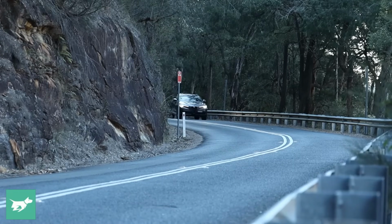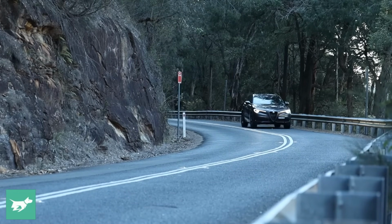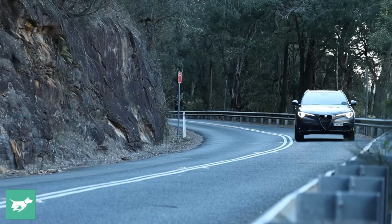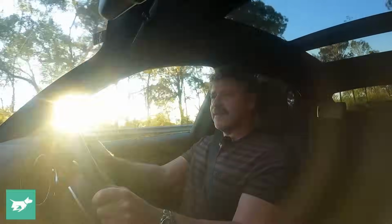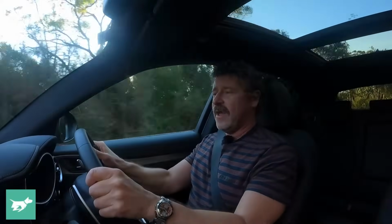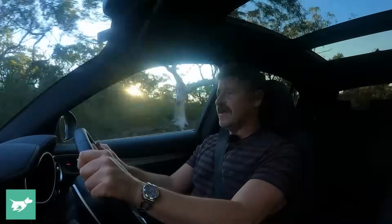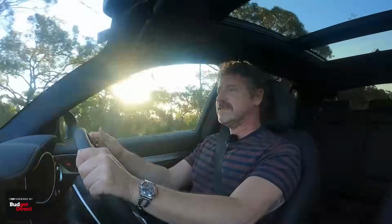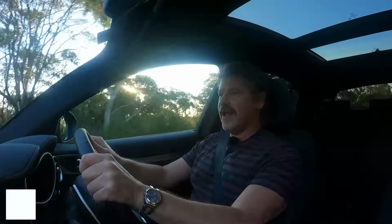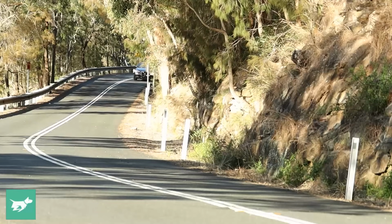Where this car works best, as per the sedan though, is in the Quadrifoglio version, not in one of the standard cars. So I suppose if I was summing up the Stelvio Veloce overall, I would say that as a day-to-day car, it's actually a pretty good thing. It's practical, it's reasonably handsome, it's certainly individual, it's torquey, it's effortless, it rides well, it sounds pretty good stereo-wise. It does a whole bunch of stuff that might be surprisingly unexpected for an Alfa Romeo SUV,